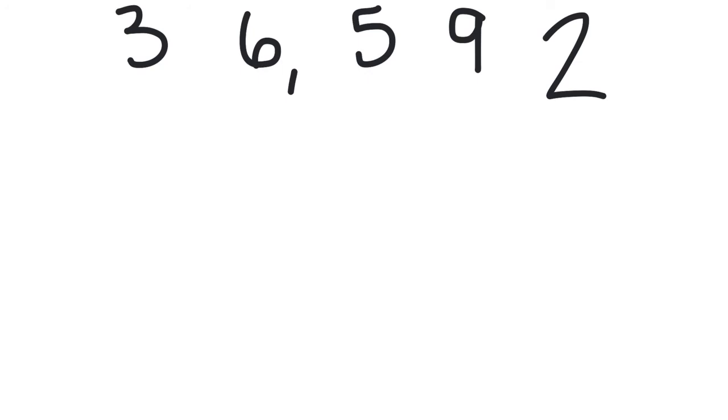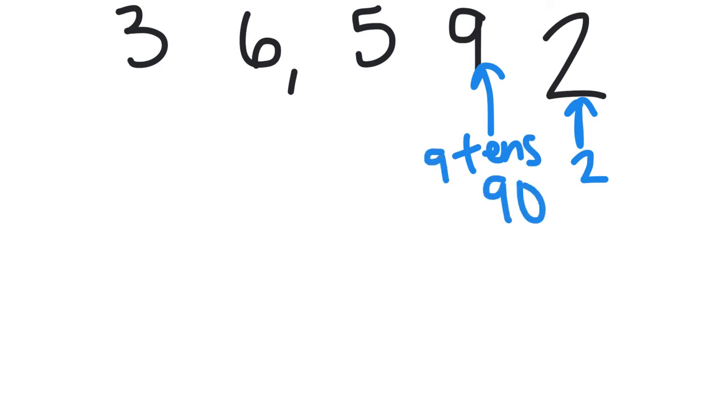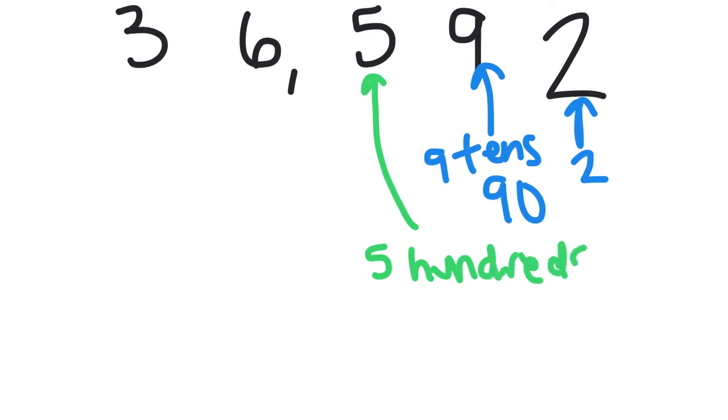So expanded form, remember, you're stretching out your number into its place values. So think about our first learning target, that each place in a number has its value. So let's first go through and determine the value of each of our digits. This 2 is in the ones place. The value of 2 ones is just 2. This 9 is in the tens place. The value of 9 tens is 90. This 5 is in the hundreds place. The value of 5 hundreds is